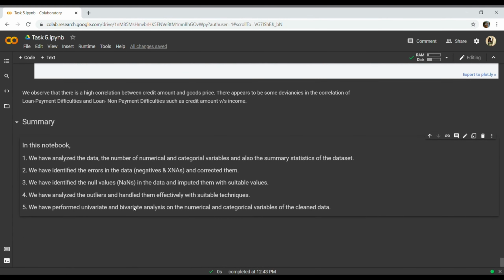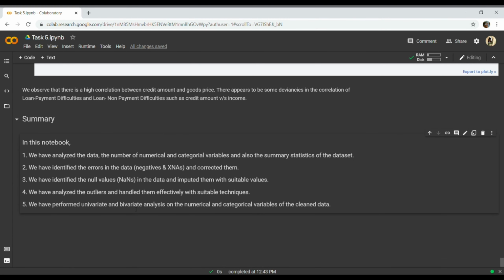So in this notebook we have analyzed the data, the number of numerical and categorical variables, and also the summary statistics. Then we have identified the errors in the data, that is negative values and XNAs, and corrected them, that is converted negatives into positives and XNAs into NaNs. Then we have identified the null values, that is our NaNs, and imputed them with suitable techniques, that is median, mean, or frequent.